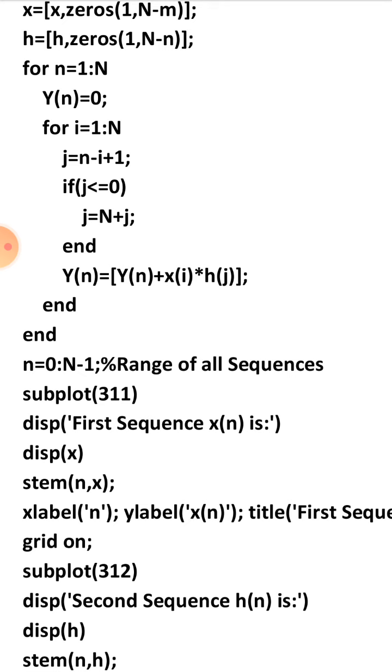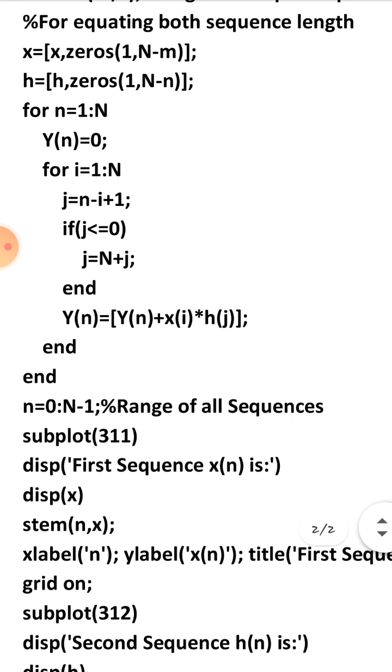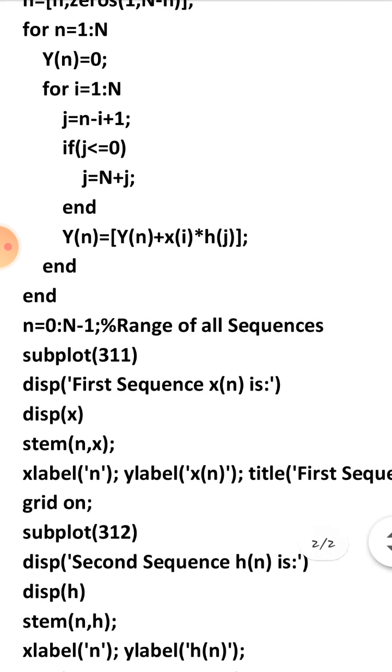Whenever you are starting a loop, it's always important to close the loop. If you give an if statement, you have to give an end. If you are doing a for statement, you have to give an end. So you have two for loops, so two ends, and in the middle you have an if condition, and then you are ending that condition. It's very important, or else your code will show an error.